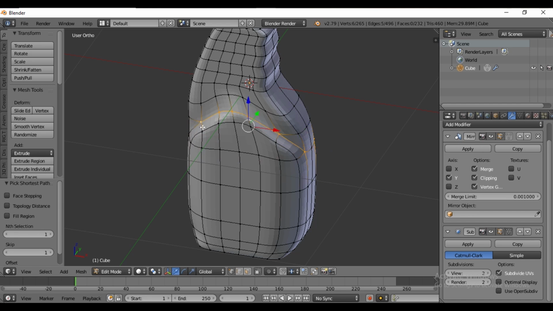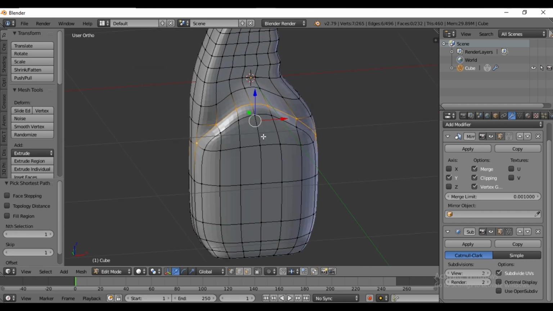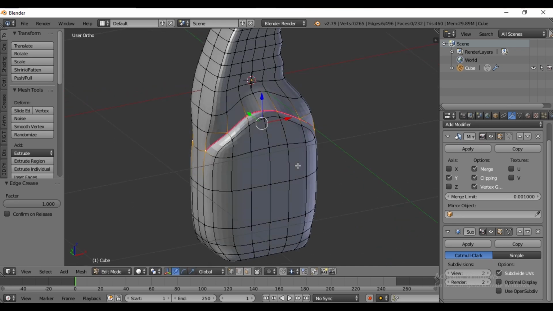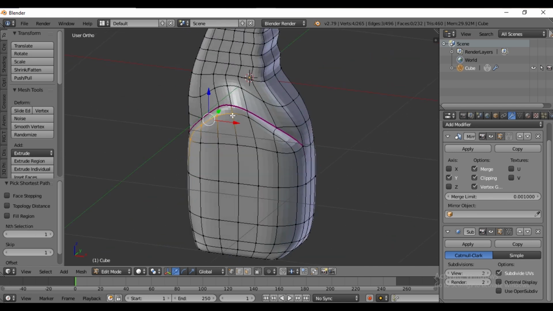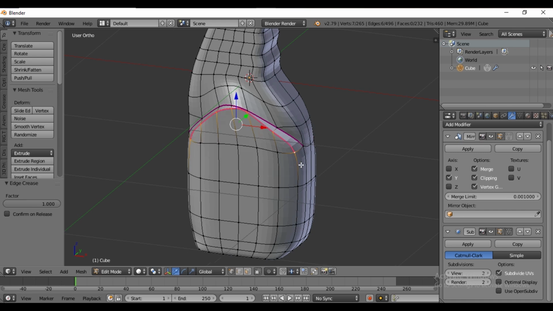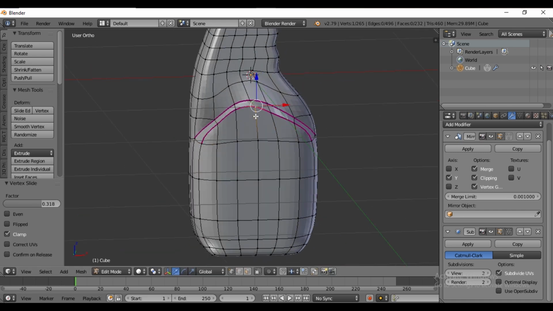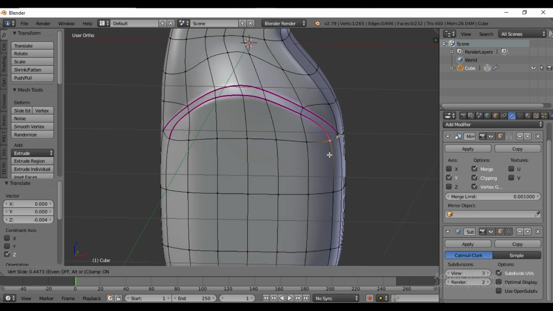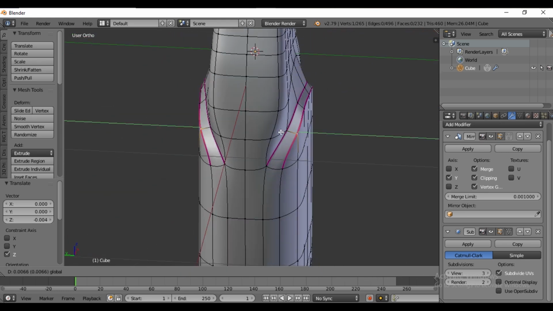Select the curve vertices with Ctrl and use Shift E to crease, hitting 1 on the numpad. Select the curve vertices again while holding Ctrl for a sharp edge. Press Shift E to crease, then hit 1. To refine the close-up, select the vertices and use double G to adjust. Adjust the vertices to create an appealing shape.